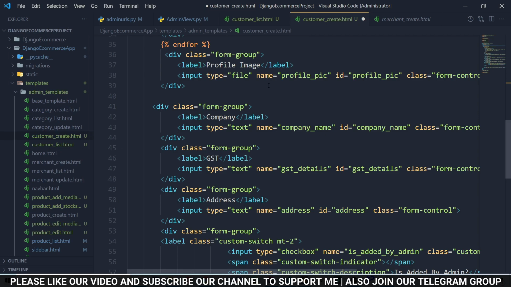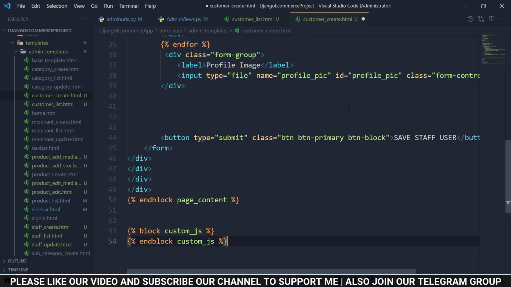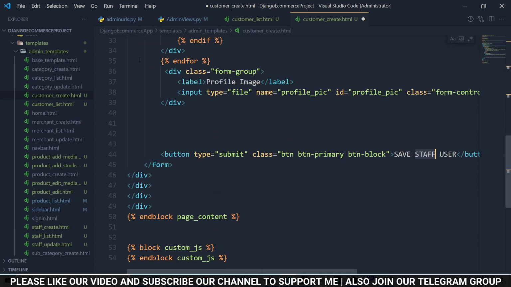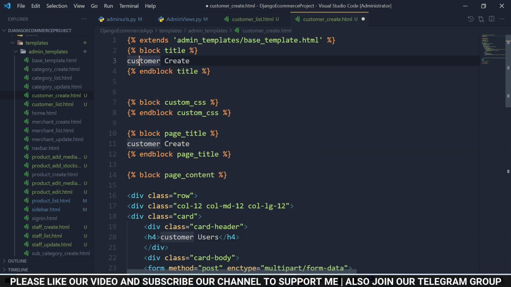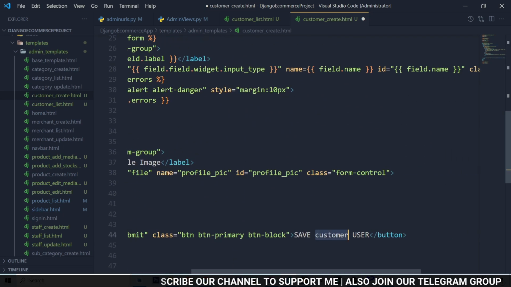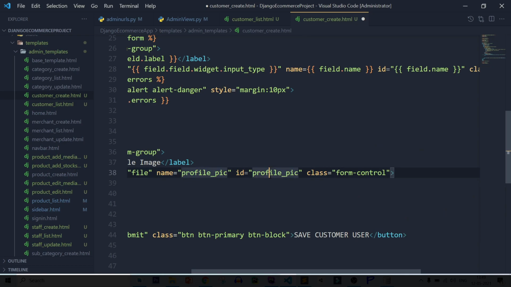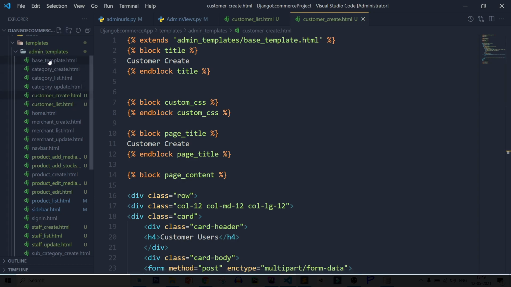okay, here instead of copying merchant create, just copy the staff create. So staff create, copy the code, close it, paste it, and select staff, change it to customer, customer, customer, customer, customer, and save customer, customer user. Save this file. After that, let's create customer